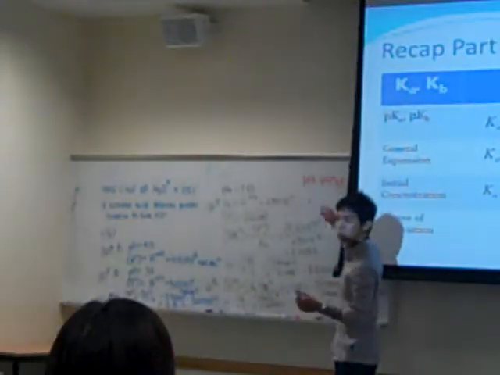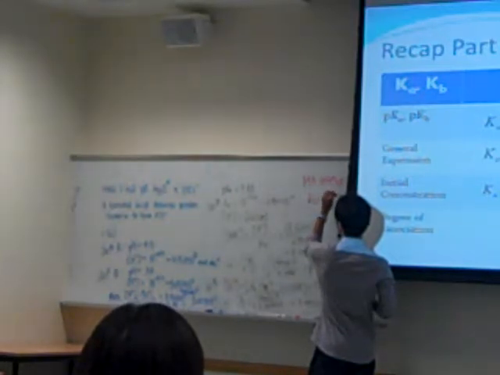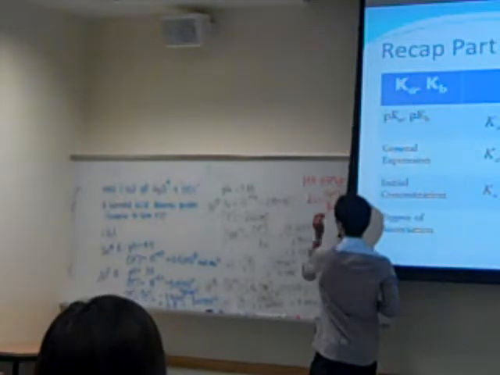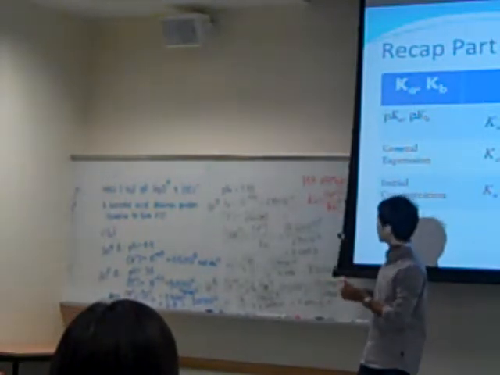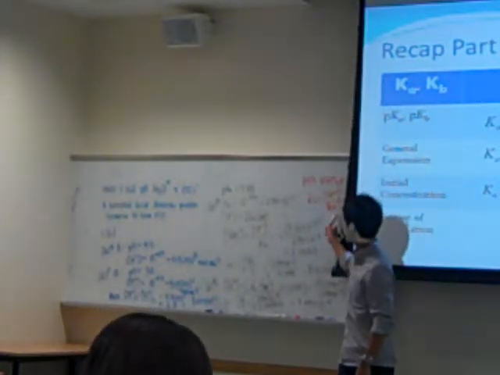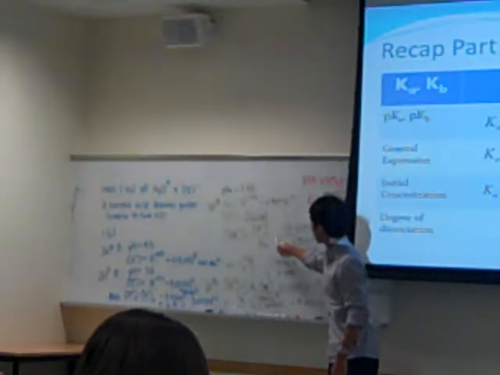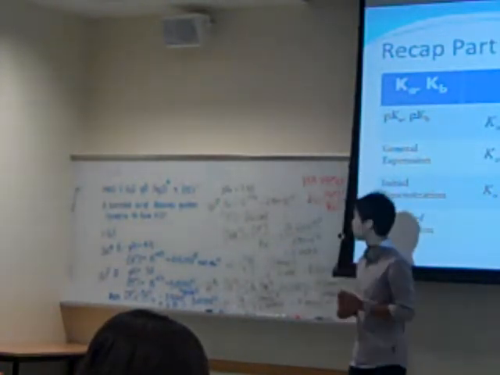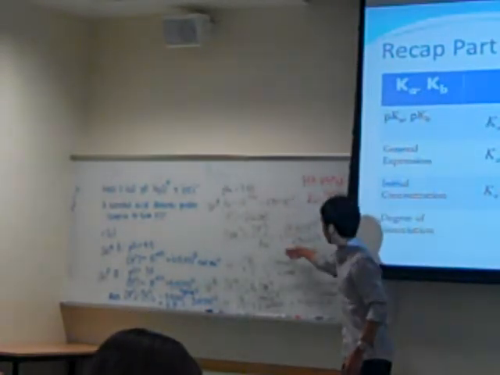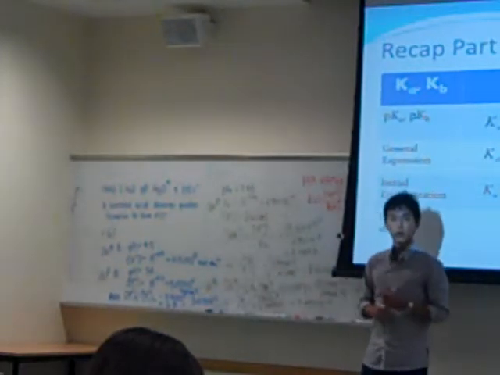So according to this particular expression for Ka, because H plus and A minus exist in a 1-to-1 ratio, we can use this particular expression for Ka and do a bit of rearrangement to get my expression for H plus. So what assumption am I making here? By taking this value, or rather, what am I assuming here? Weak acid. It's a weak acid.